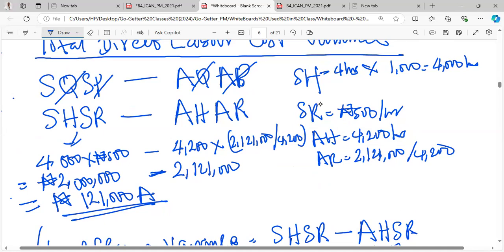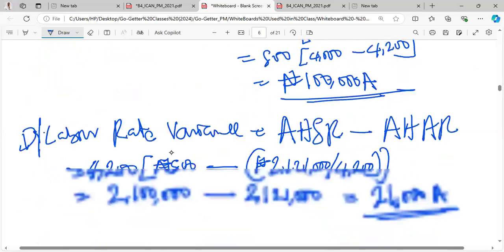We now find out that they paid more than what they actually derived, more hours. They used more hours than the standard. That's why we have 121. So if you look at it now,